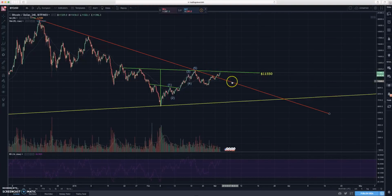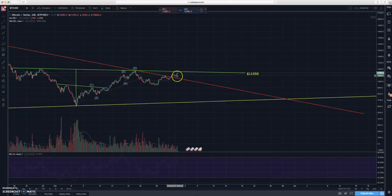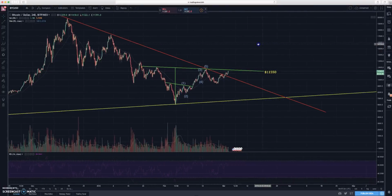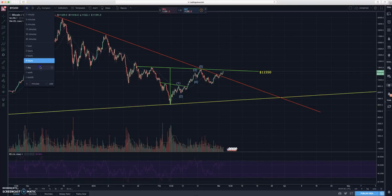We've finally broken through this resistance, and we've definitively broken through. We've seen a little bit of a pullback, which is a really good sign, and then we bounce back up. So this is really good to see. And you're still seeing a possibility of a larger downward trend, and there are people who are still calling for lower lows. But what I like to see is on the 1-day chart,